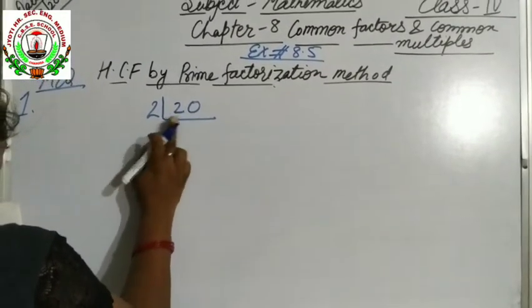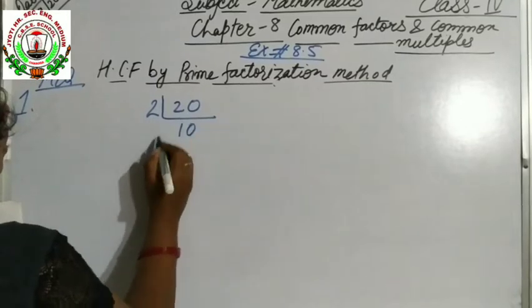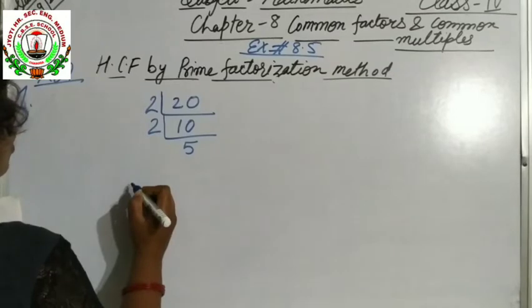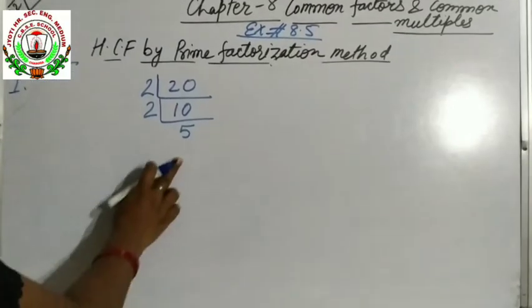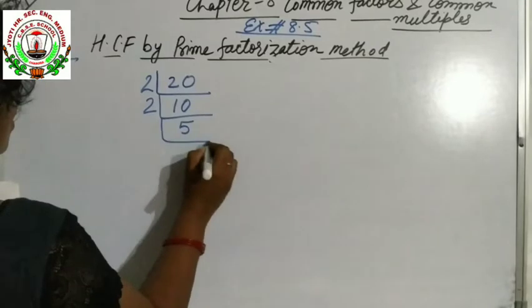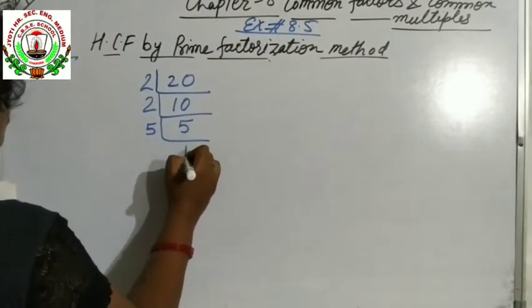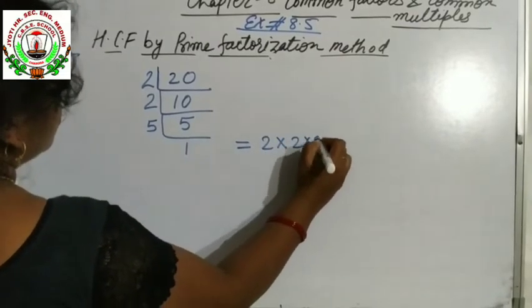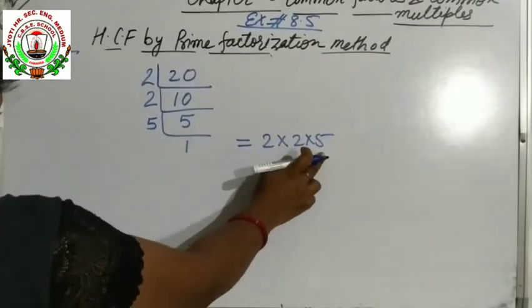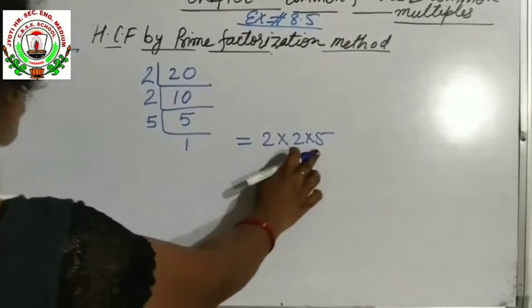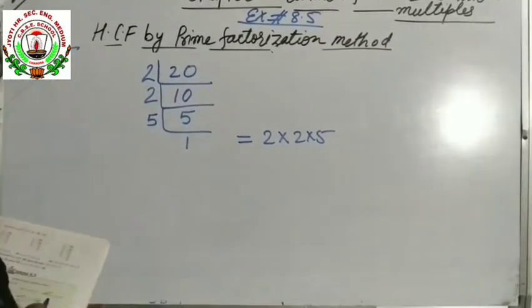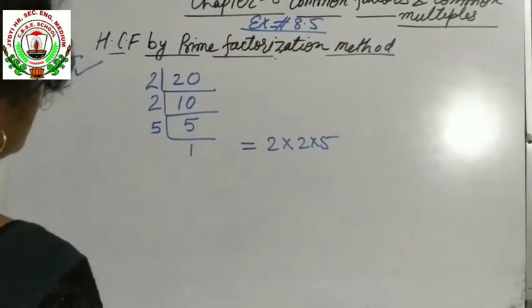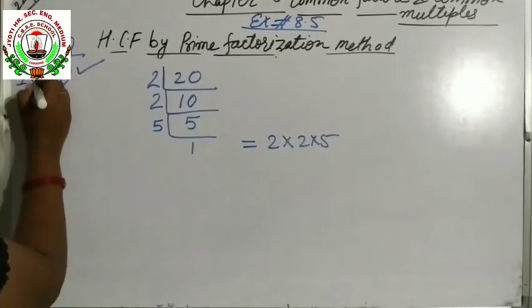When we divide 20 by 2, we get 10. Again this 10 is divided by 2, 2 fives are 10, so we get 5. Now 5 is a prime factor. As it is, you can leave it, or you can take 5 times 1 is 5. So what is the prime factorization of 20? 2 into 2 into 5. Okay, 2 twos are 4, 4 fives are 20. You can check your answer by multiplying these numbers. So which option is correct? That is option B. You will put a tick mark in B. Understood?